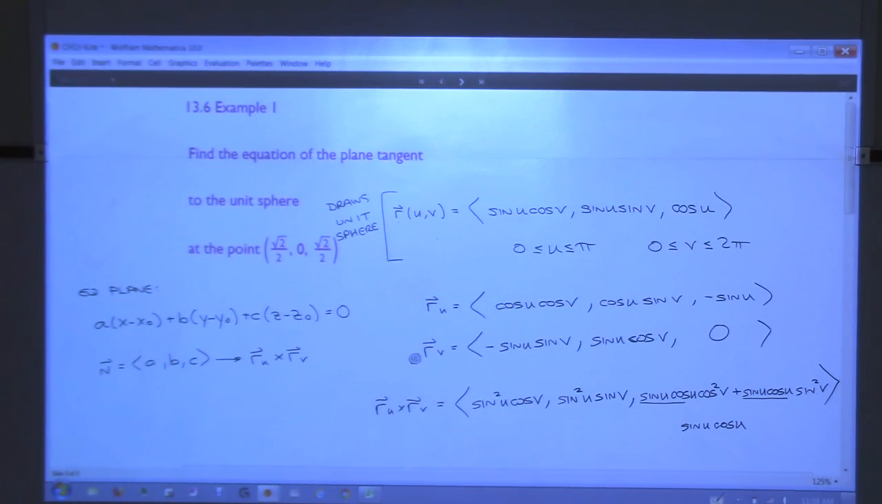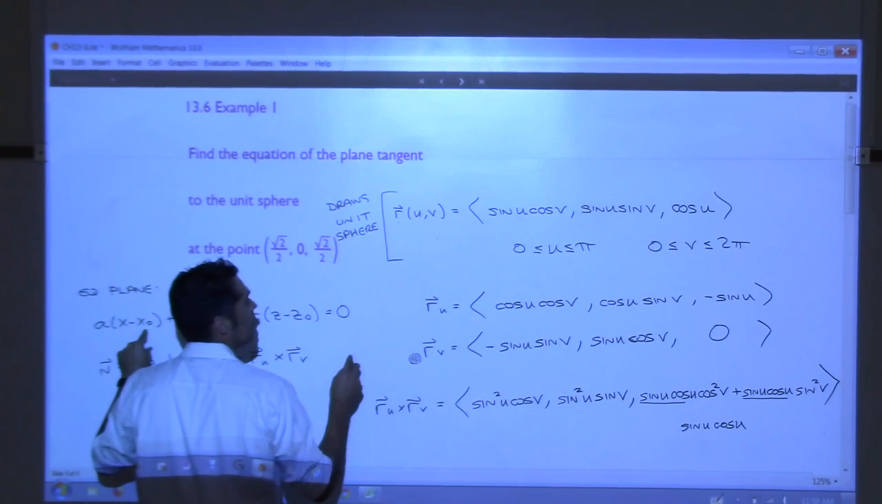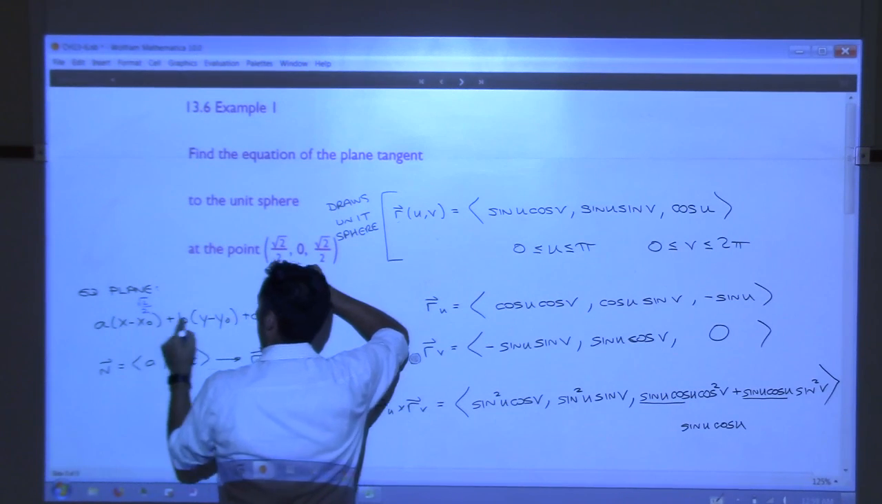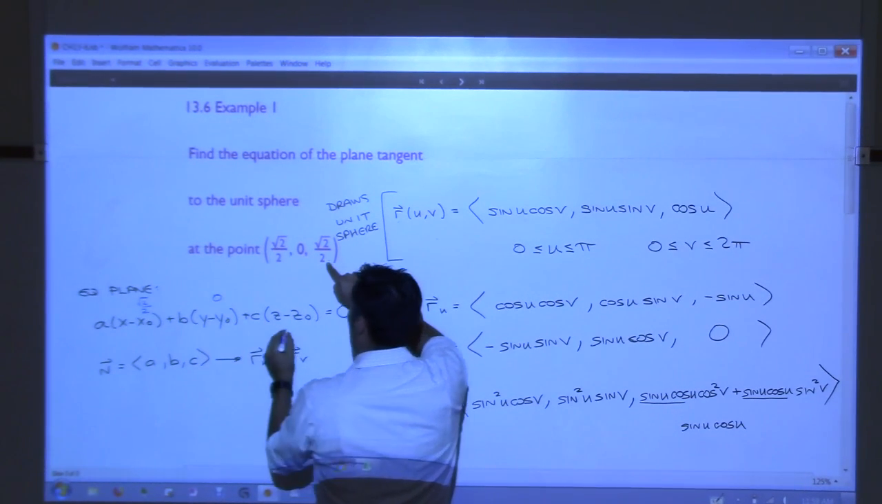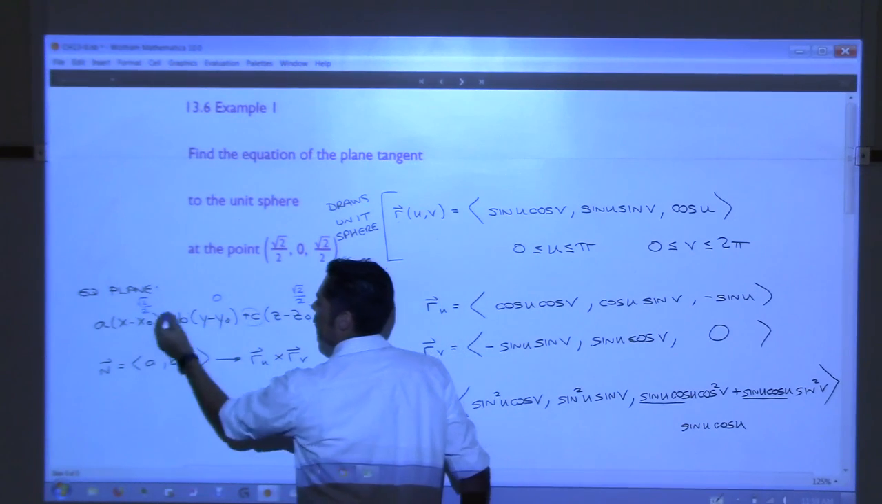Okay, wait a minute. What the heck are we doing? All right, we know back here with this equation, we know x₀ is what? Root 2 over 2. We know y₀ is 0. And we know z₀ is root 2 over 2. Our goal was to try and find a, b, and c, which